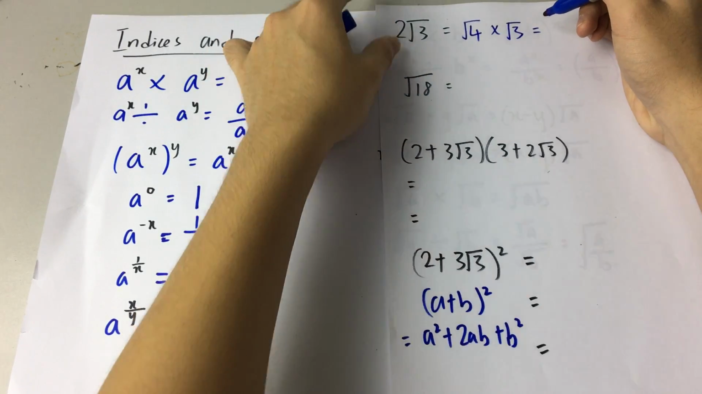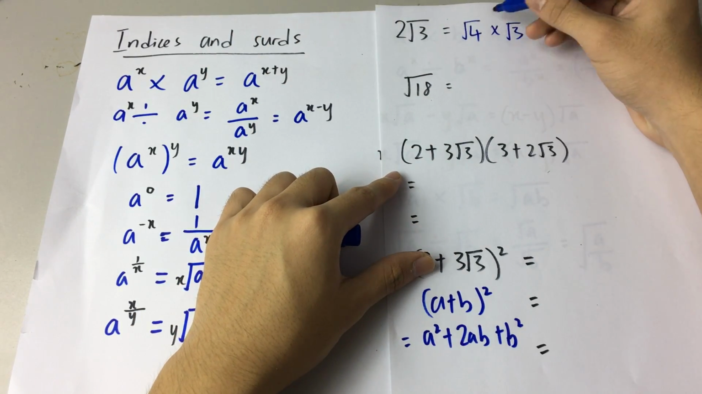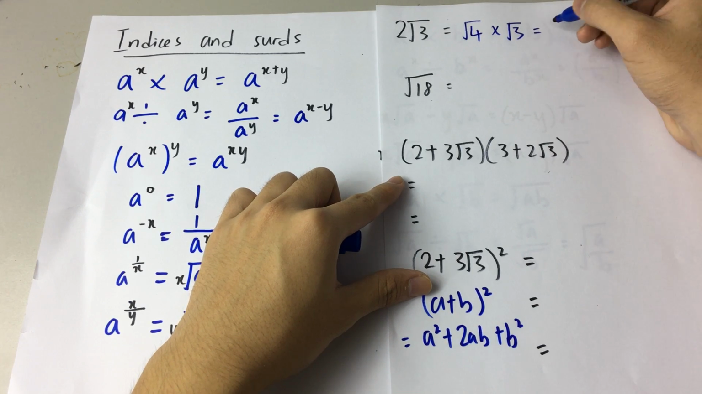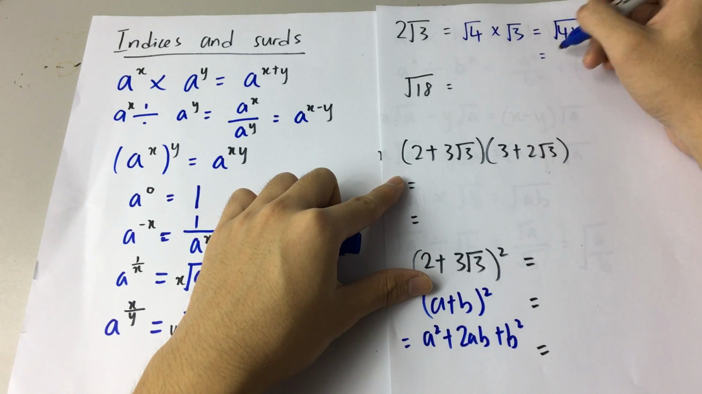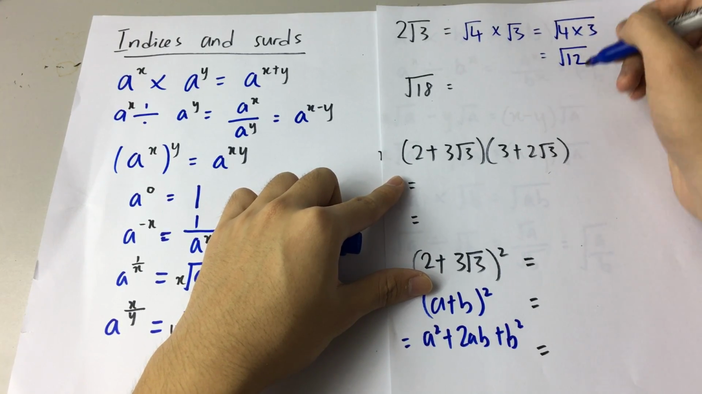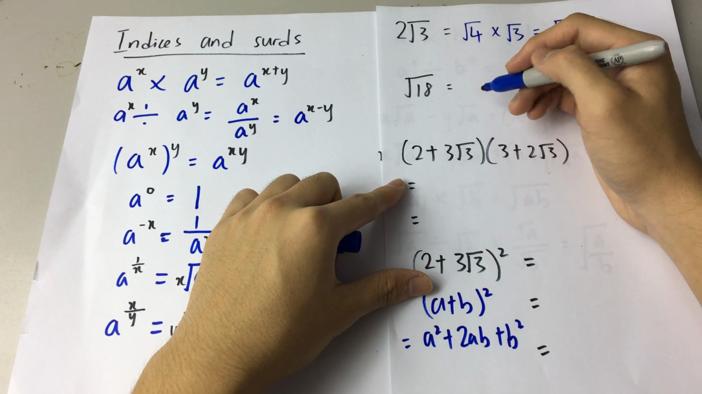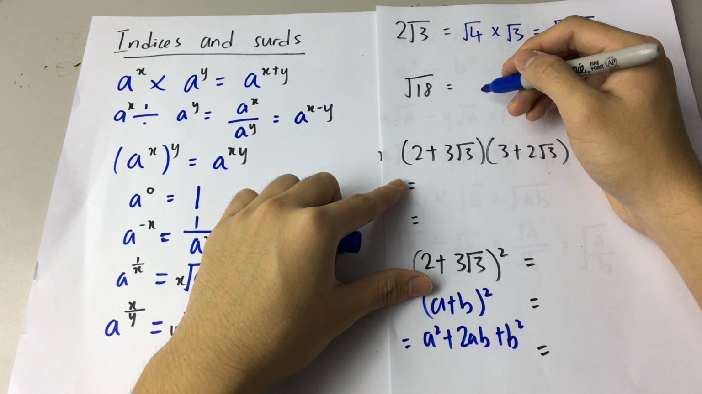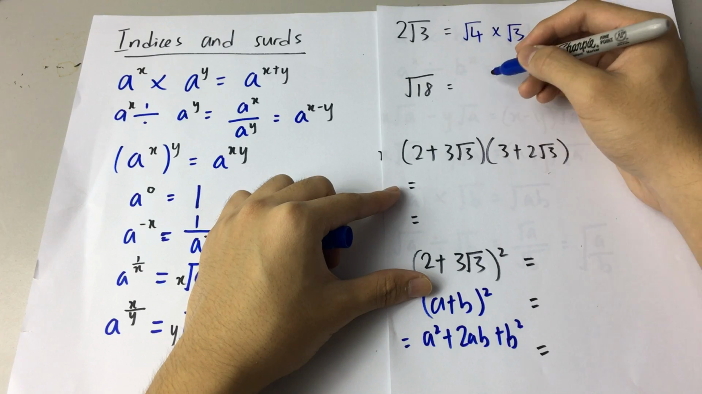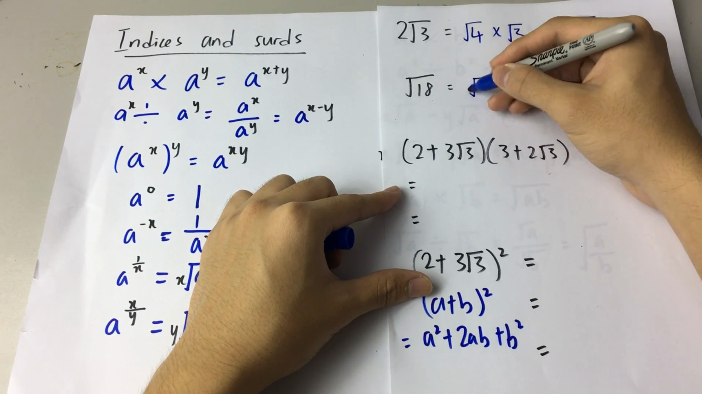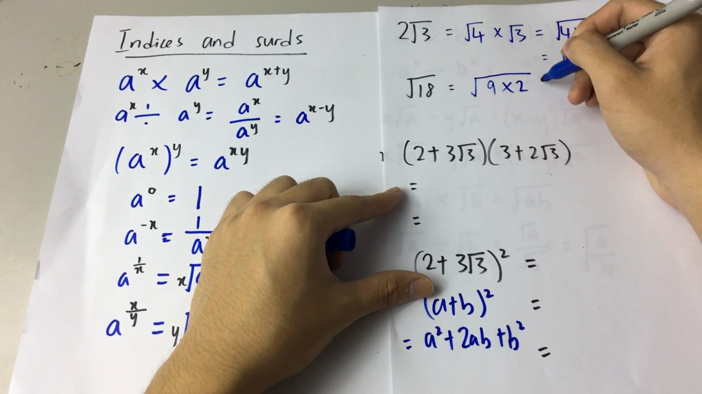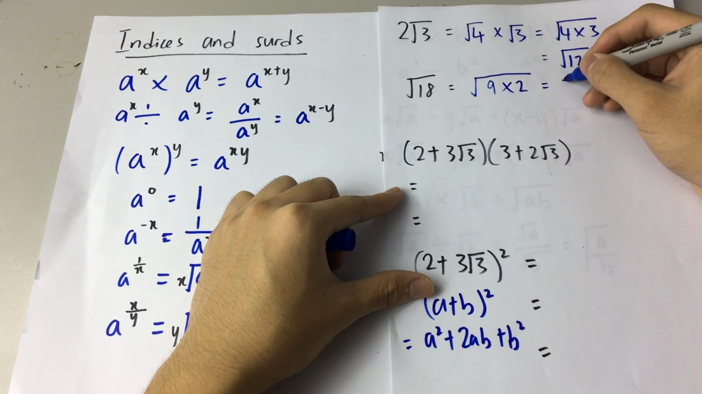Using the formula just now, the property of roots, you can multiply 4 times 3 together. You get root 12. Now how can we convert root 18 into a basic form? So root 18, what are the factors of 18? 9 times 2 is equal to 18, right? So we can pull